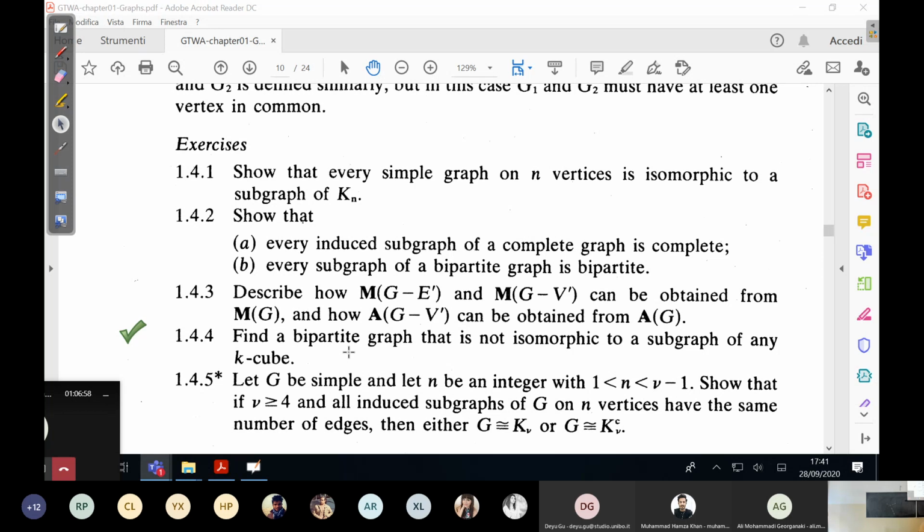So you must not only try to construct a bipartite graph, but also, while you build it, have an idea of showing that it cannot be a subgraph of any k-cube. So you have to reason in terms of those coordinates, because every vertex you are going to draw in your